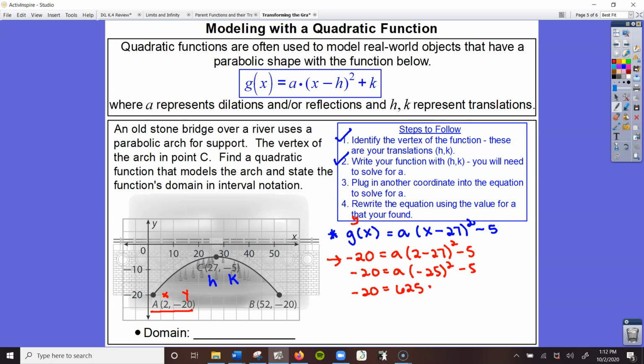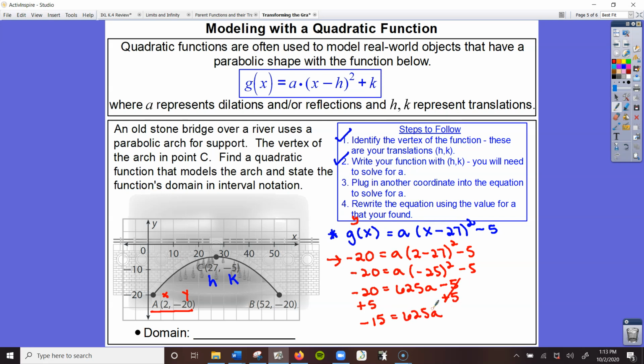And then you have a. Remember, we always write the coefficient before the variable. So 625a minus 5. And we use this to solve for a. So we're going to keep going. We're going to add the 5 over to the other side. And this leaves me with -15 is equal to